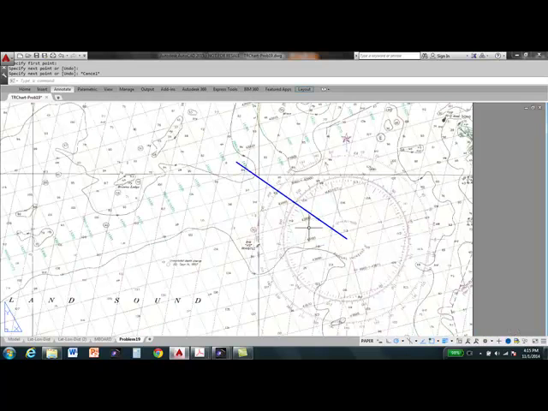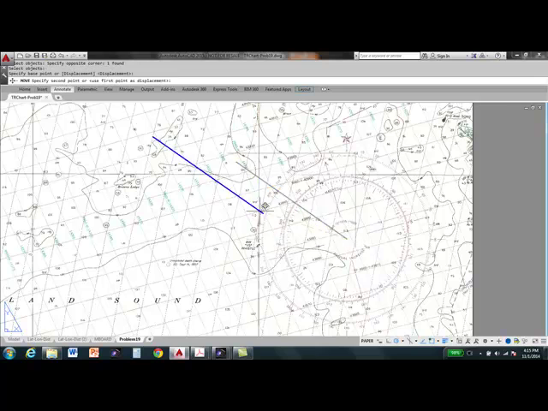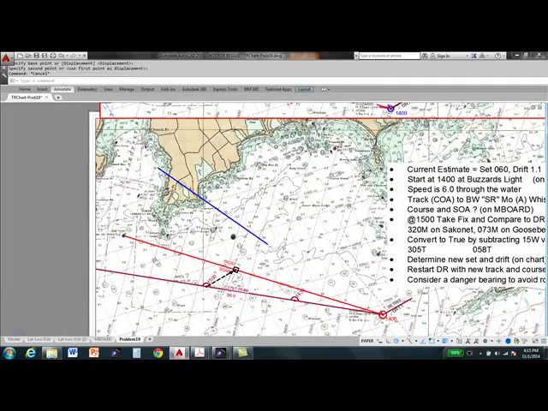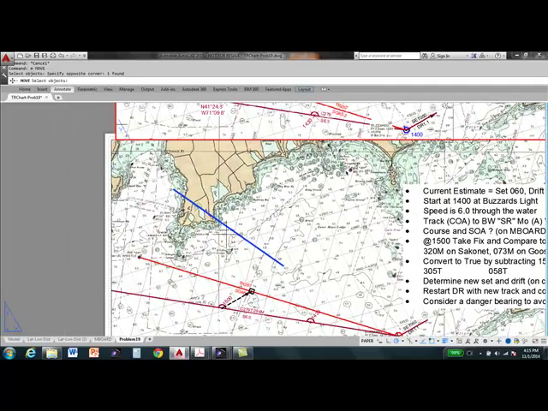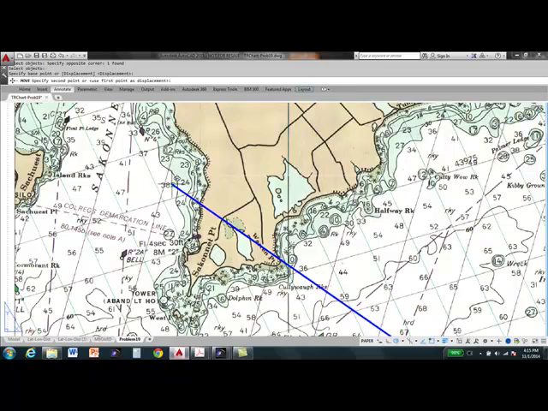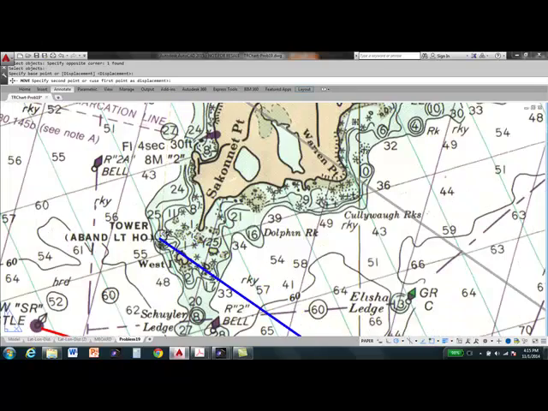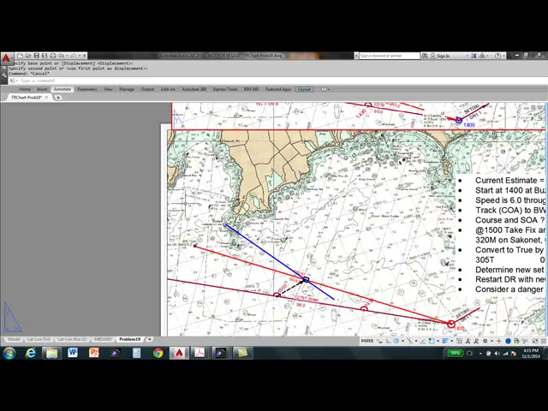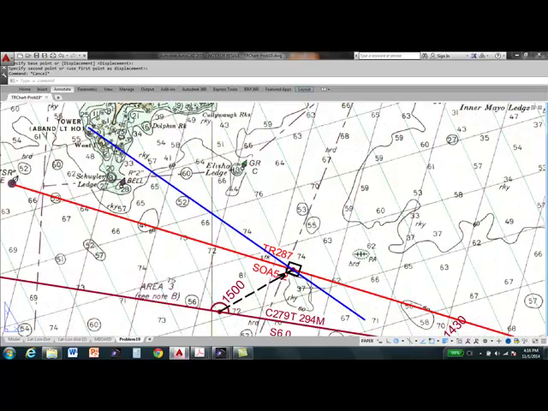I'll take that line now, and I'll use a set of parallels or some other device to transfer it up here. So there's the direction that I want. I need to make sure the line itself goes directly through our landmark. Our landmark in this case is this abandoned tower, so I'm going to put it right here. So we now have one line of position, and that actually is pretty encouraging since it goes right through the